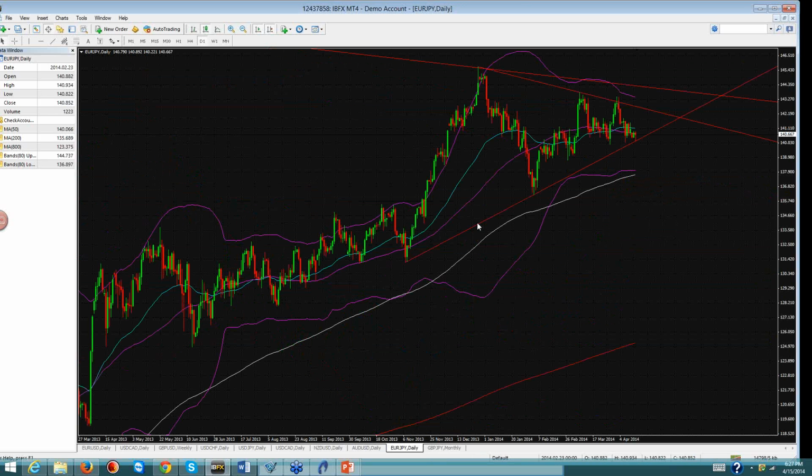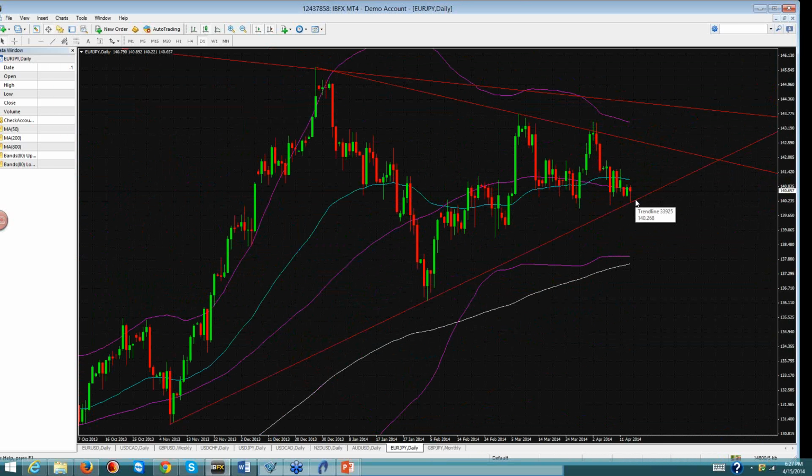Euro yen, same formation that we looked at on the dollar yen, which means that we're really at the bottom of it, and we could see price eventually. It looks like it wants to go up here on this euro yen. It looks like the yen wants to get weaker. Okay, so the yen eventually is going to want to get weaker here. What are we going to see here? We could see a